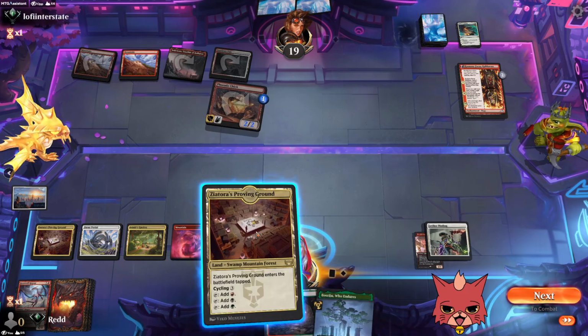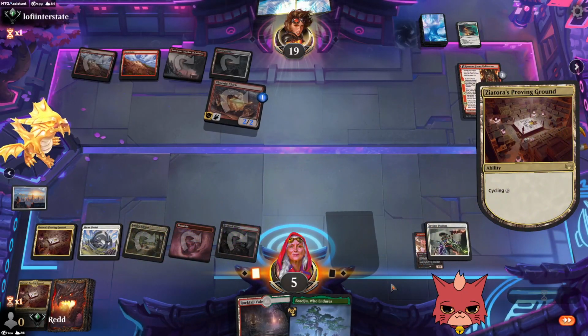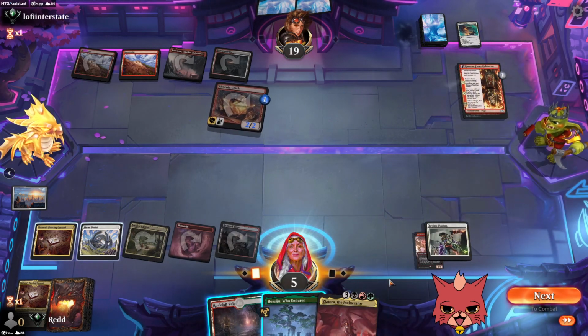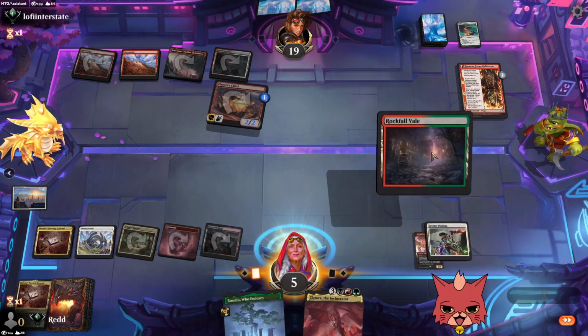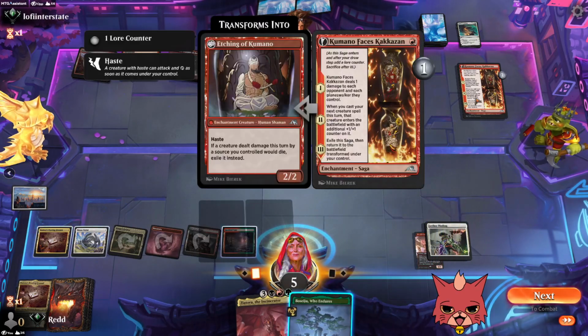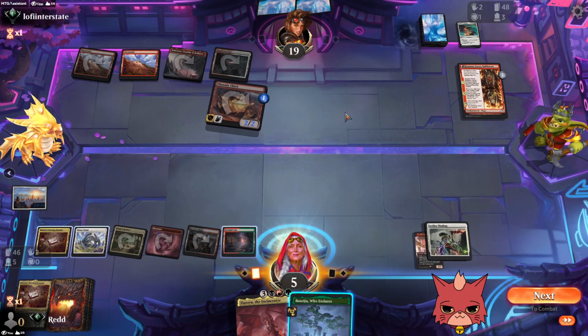That can hit the Kumano. Start with the cycle. Yeah, whenever your opponent cycles, that's how you know, like, oh, we're almost there. So the Who Endures this turn would mean that they don't get an extra counter on a creature next turn. What it also means...